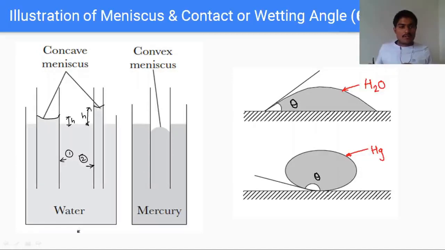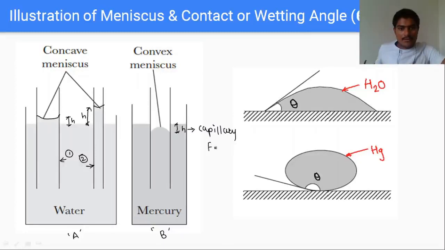And in this example, let us say this is example A and this is example B. So look at example B. Here the container is filled with the mercury and we have inserted one glass tube. So look at this. This is the fall. If you observe this, this is H and this is the capillary fall. Because why fall? Because earlier the water surface or mercury surface was this and it falls down to this now, because this is the meniscus and the meniscus shape is of convex type.